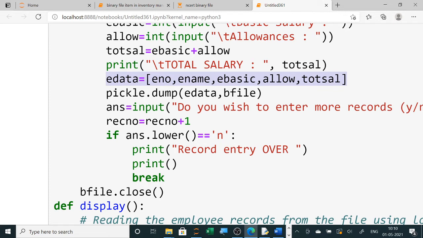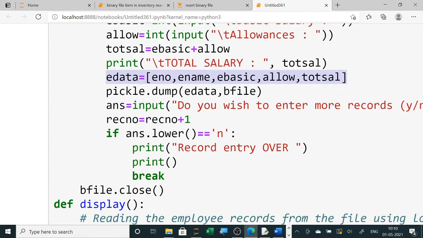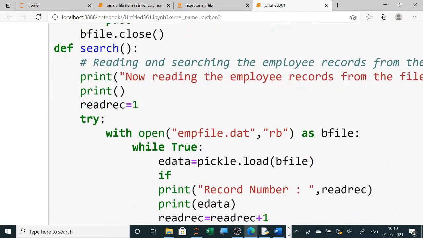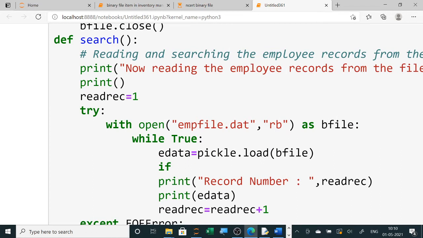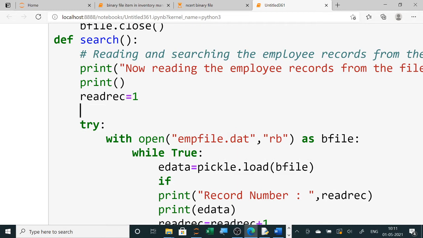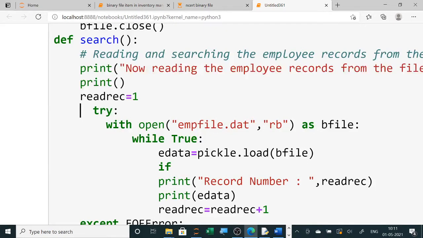Now today I am using employee number, so I will use eData0 here. So here in this, if eData0, before that what you have to do is you have to ask the user which record user wants to search. So this is not required, read record is not required.